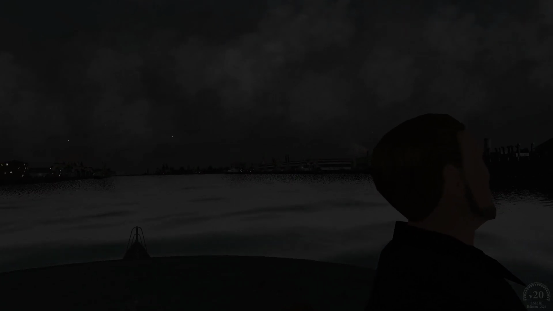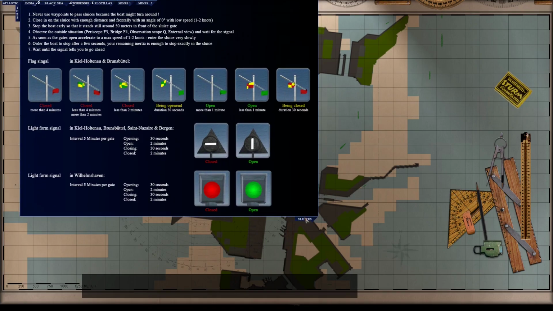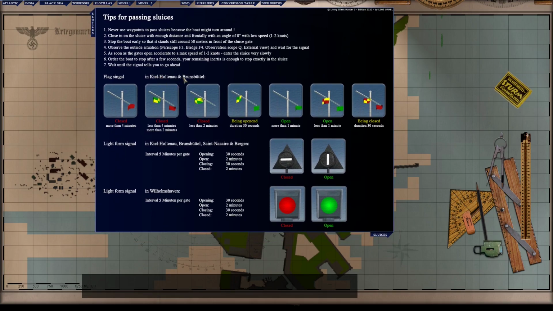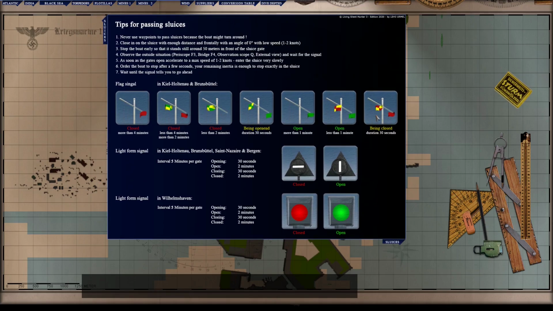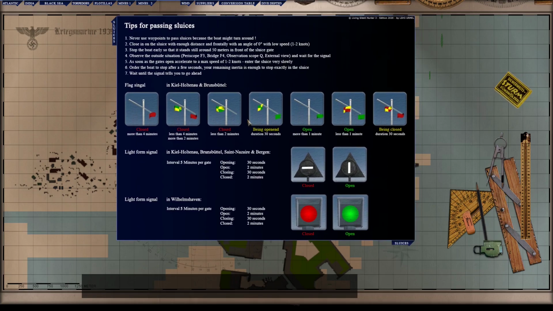And just in case you don't know what the Schleuse colors and lights mean. In Kiel, Holtenau and Brunsbüttel you have flags. You can see here red is closed and you have the green yellow jacket, and the red is closed more than 2 but less than 4 minutes. Yep, that's a nice addition here, so you can see and calculate your speed when approaching the